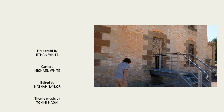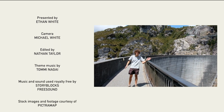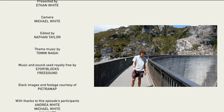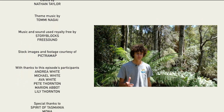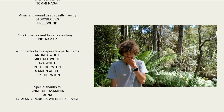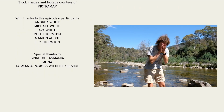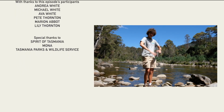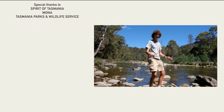Jeepers, oh my gosh, what the heck? Which formed Lake Gordon, which along with Lake Pedder is the largest, oh no. Well, one of the best parts about Tasmania, what's that? Oh no, don't worry, it's just a skink, sorry. Well, here I am on the Mersey River. Oh gosh, she's dead. Take 78, trying not to fall in the river this time. No. Well, here I am on the